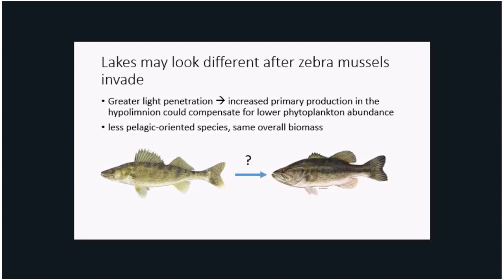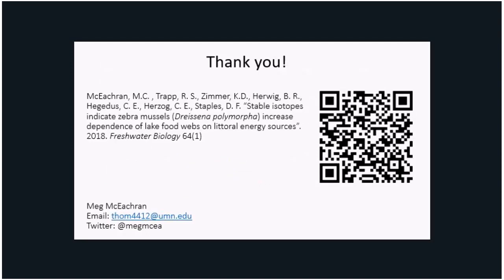But if more pelagic-oriented species, such as walleye, are less able to take advantage of that littoral primary production, we could see a shift to more littoral-oriented species, such as smallmouth bass, and that might compensate and result in the same overall biomass with a significant shift in the fish community as the lake turns over to a more littoral-oriented ecosystem. All of this information is contained in our paper that came out in the Journal of Freshwater Biology last year,